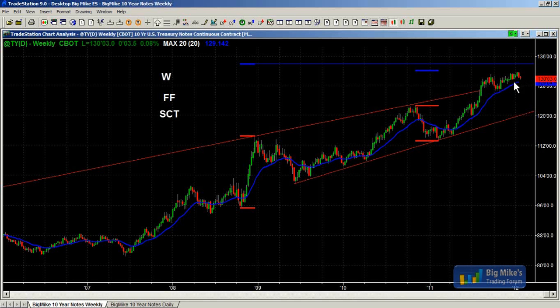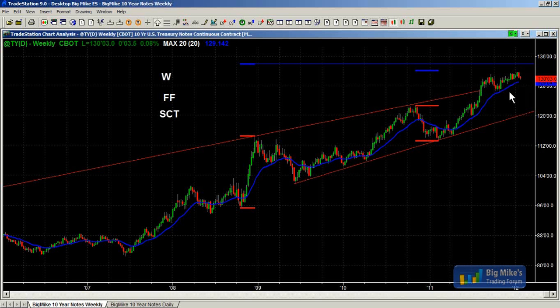I'd like to see a strong sell setup. Sometimes the market will turn down without one. If it does, it usually does it with a very large bear trend bar. So for me, to start thinking about shorting on the weekly chart, I'd like to see either a very strong bear reversal bar, which we don't have, or a very big bear bar, preferably two or three of them in a row, which we don't yet have.